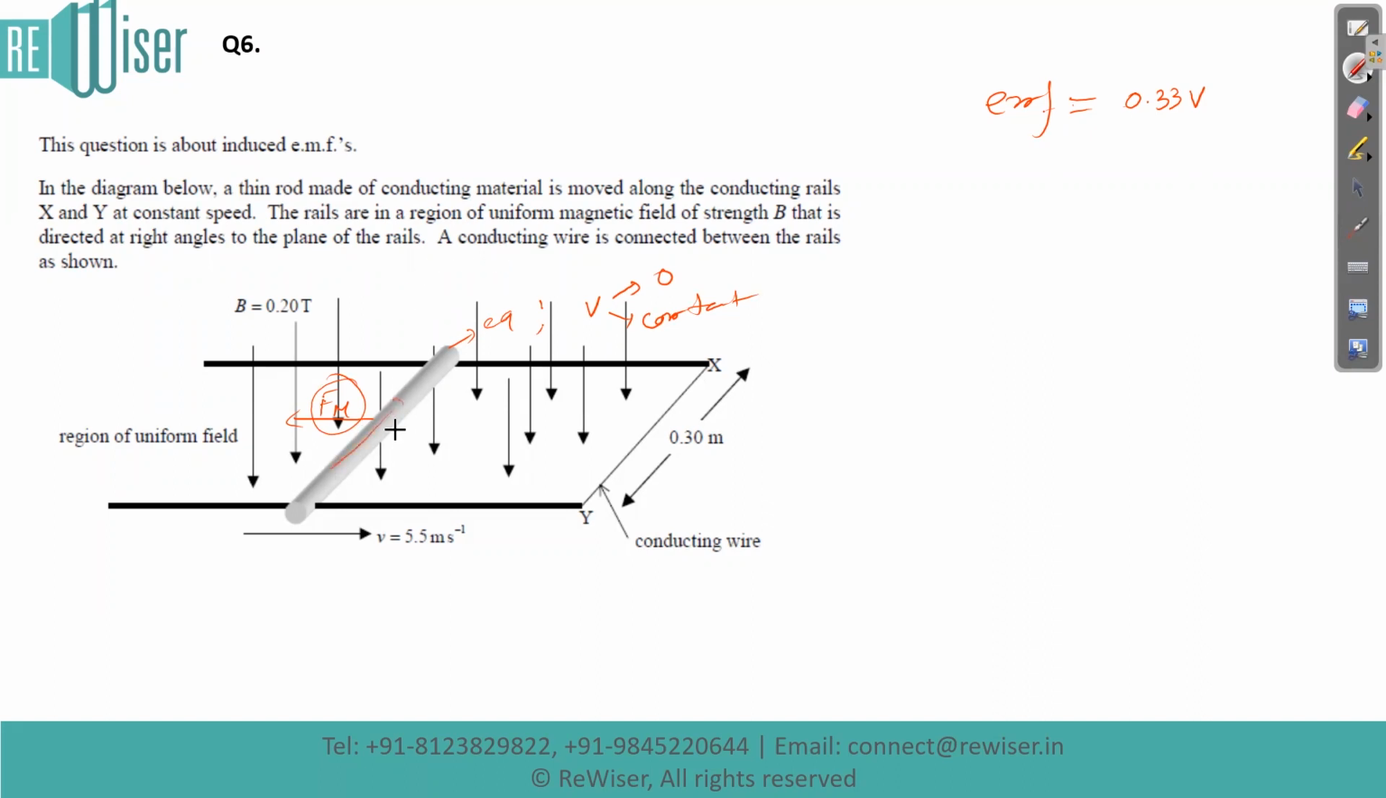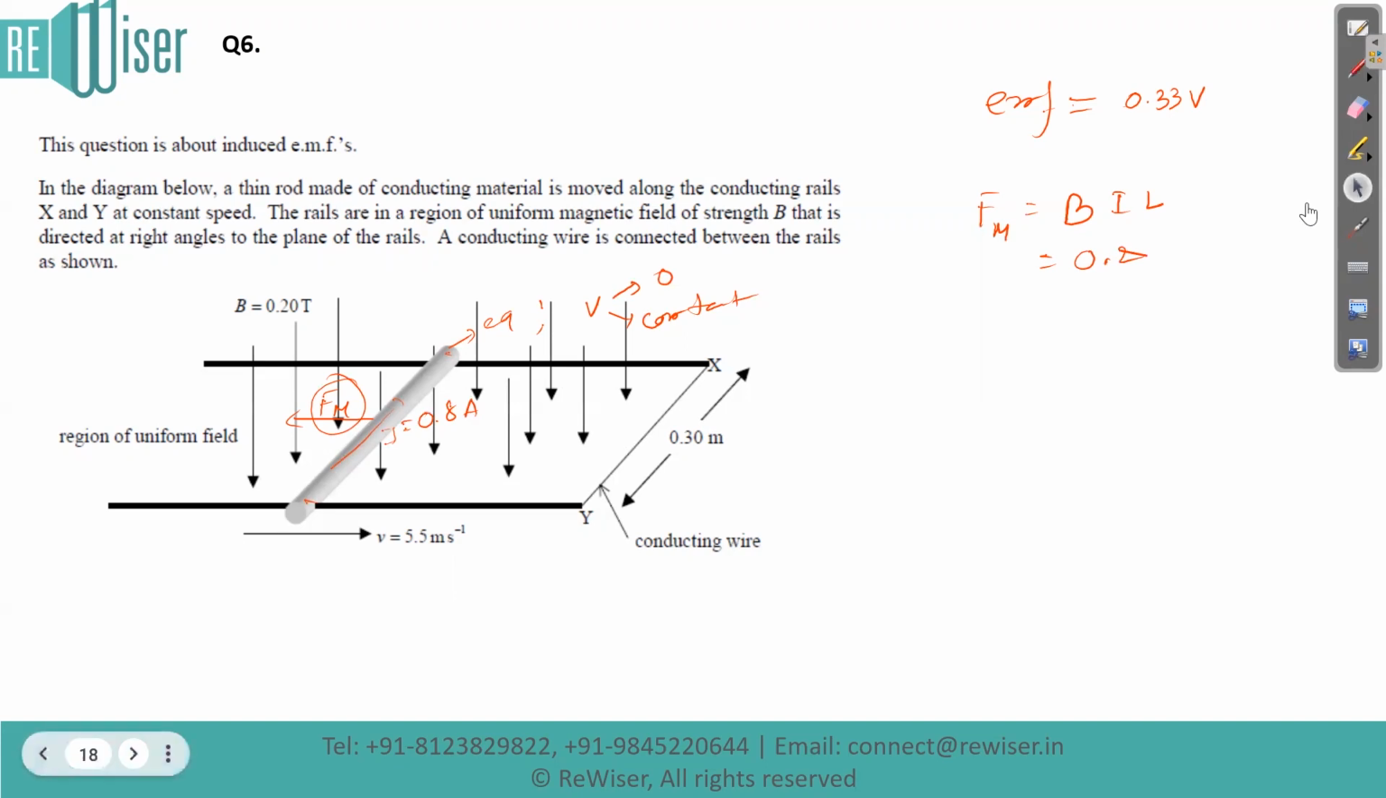Let us assume current is flowing like this. Current is given as 0.80 ampere. In that case, force Fm is equal to BIL. L is the length of the rod. B is